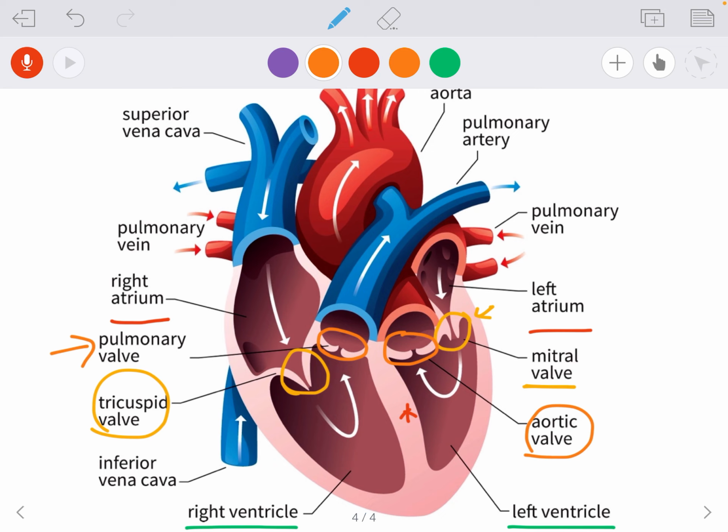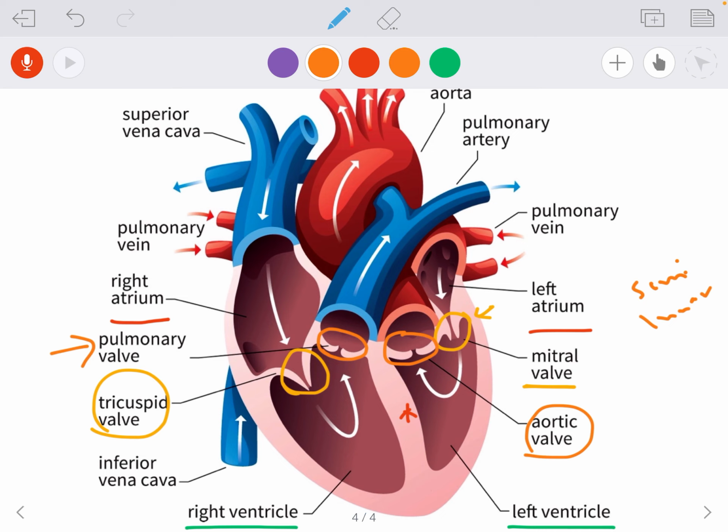Alright, the aortic and pulmonary valves also have another common name called semilunar valves. So you can say the left semilunar valve when you want to describe the aortic valve, and you can also say the right semilunar valve,